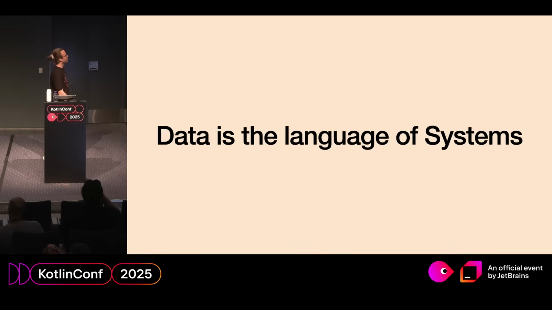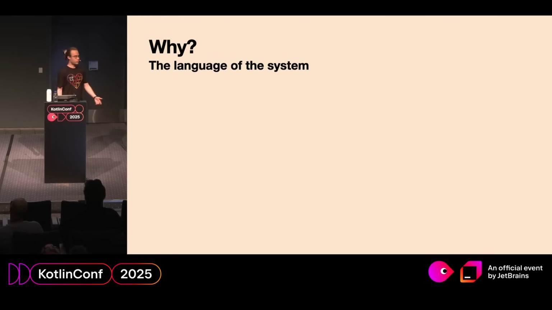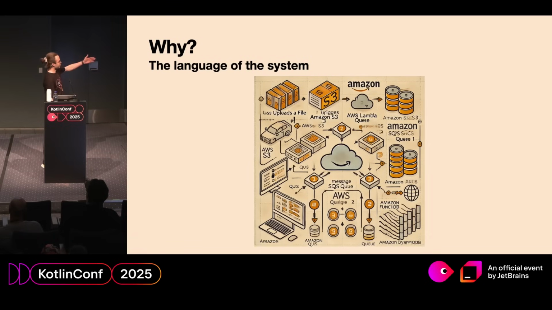So why data? Data is the language of a system. It becomes evident when you start working beyond the boundaries of a single process that you built in Kotlin. It is very rarely the case that our scope is limited to just a single process and we don't talk to any external services or data sources and persistence, etc. So when we design systems, that's what we usually draw. Those are design pictures. The software design looks like that.